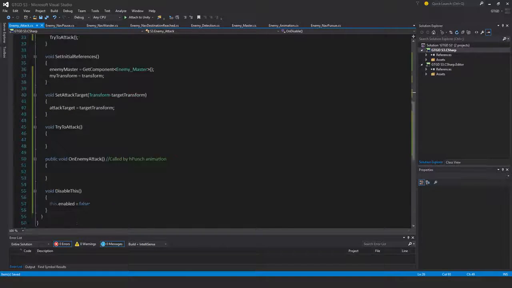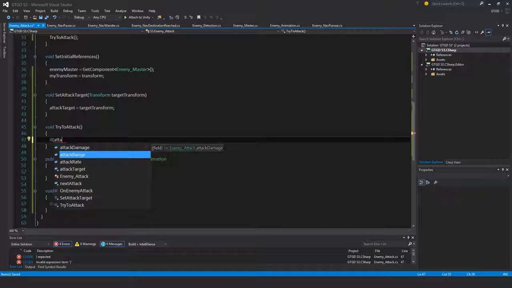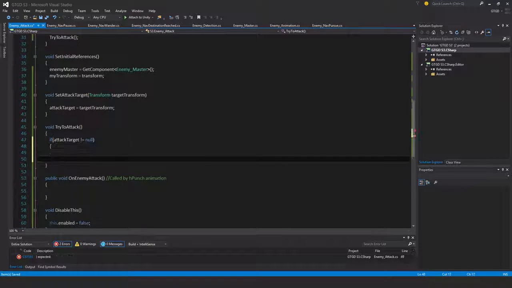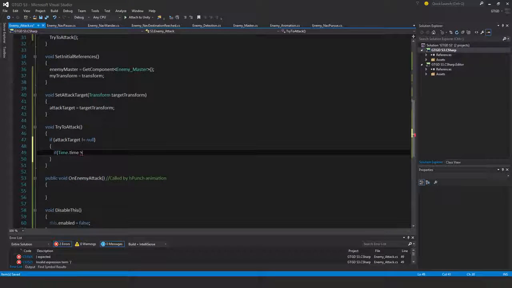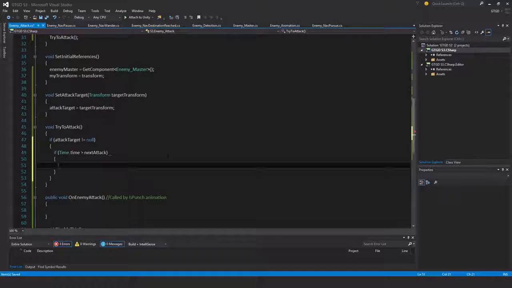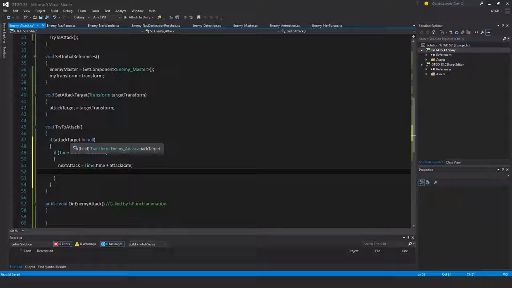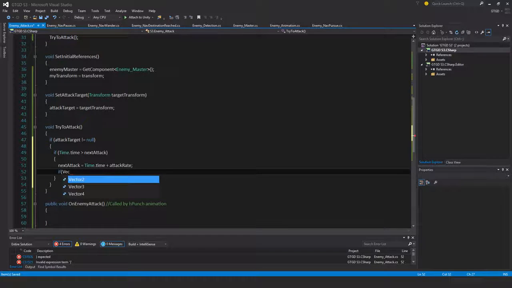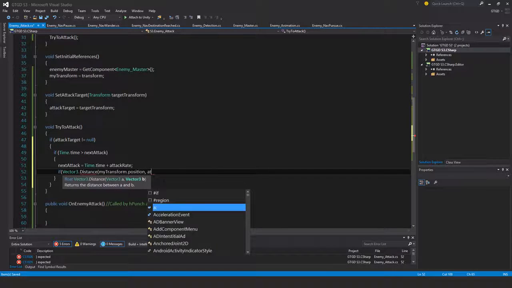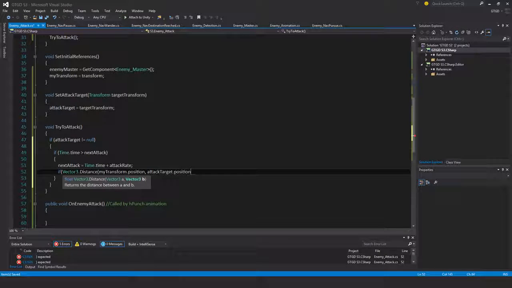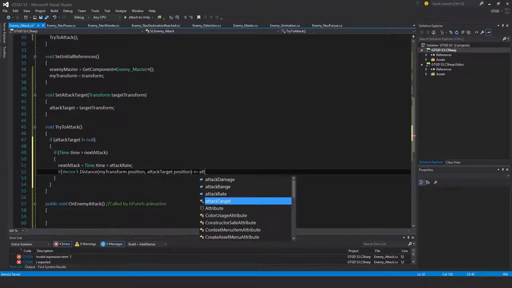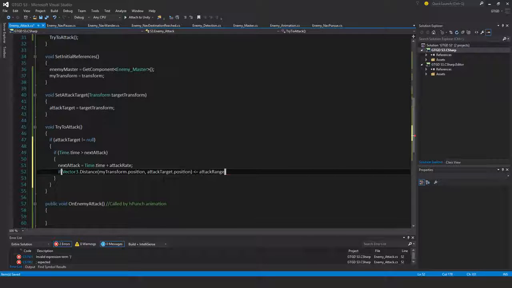Okay, so I've done all that other stuff. It's now to the two methods themselves. If attack target is not equal to null, then if time is greater than next attack, next attack is equal to time.time plus attack rate. If the enemy is near enough to their target, so if vector3.distance, and from where to where, my transform.position, attack target dot position. So if that distance is less than or equal to the attack range, and yep, okay,